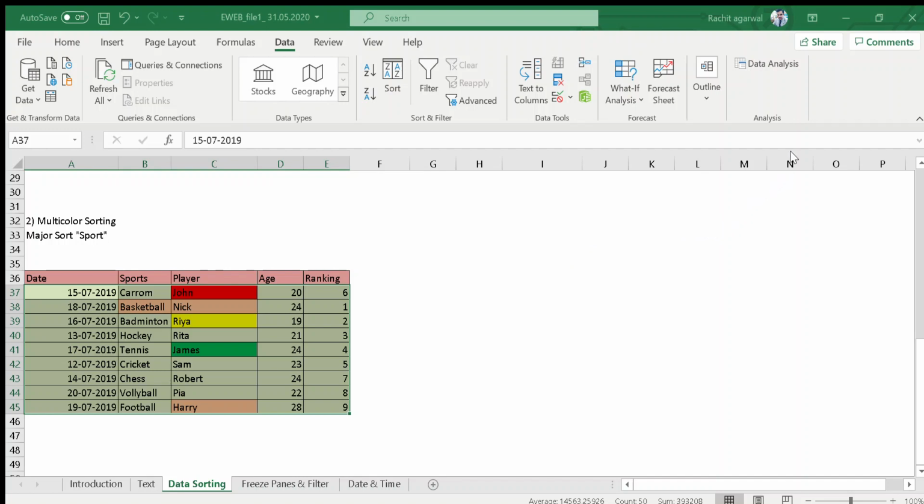All right, so I cancel it and select only one column, because I have the multiple colors only in the single column. Go to your sort.